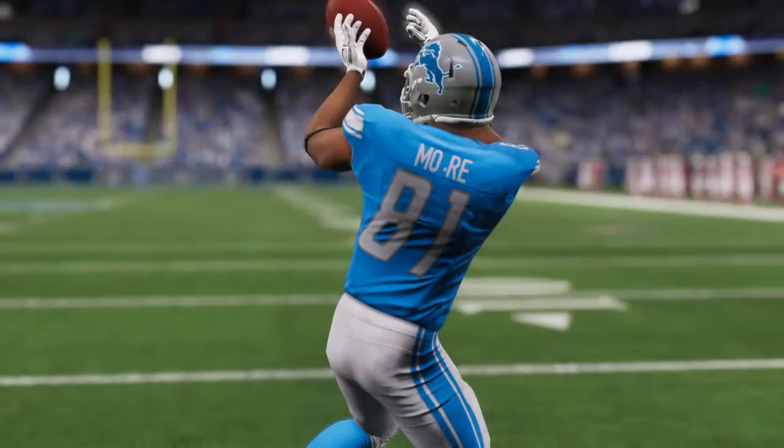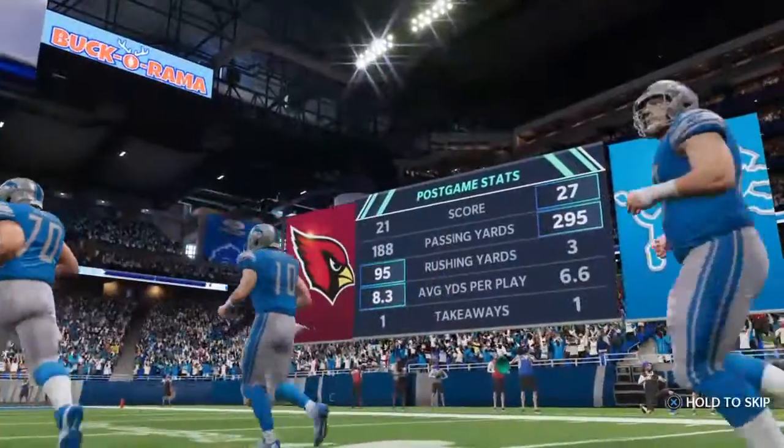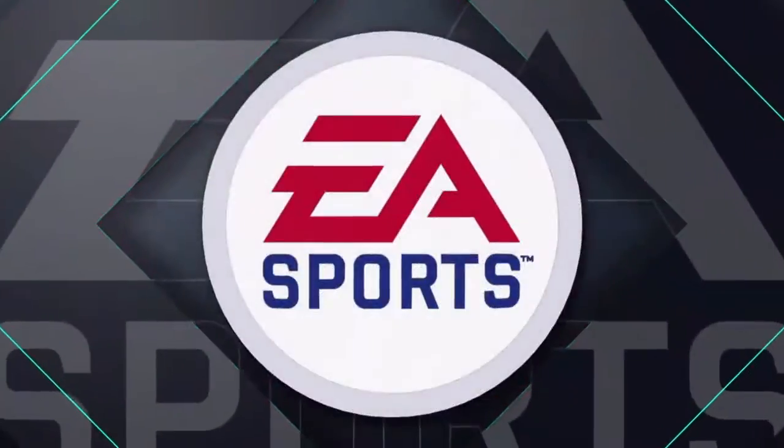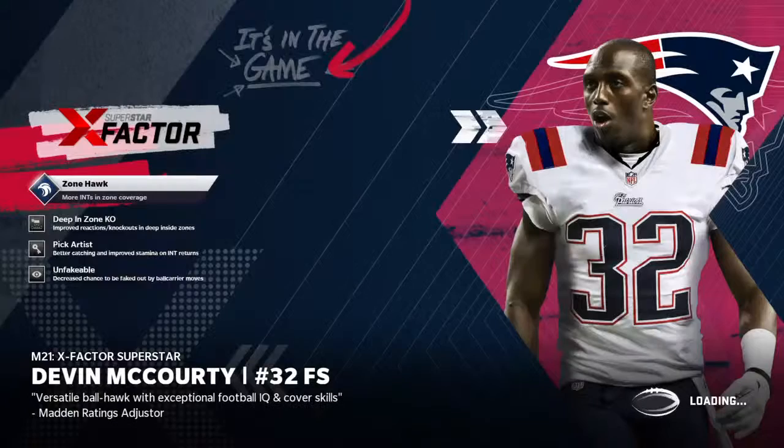You really just wanted 4 quarters, what you wanted. But how much fun was that? We had that type of a game where we got us to overtime, and then we get the dramatic ending to finish things off as well. What a game. So for Detroit, it's a nice win to finish off what's been an